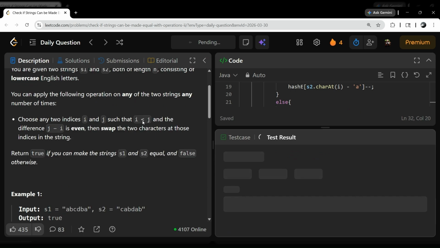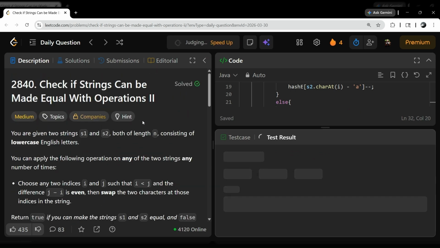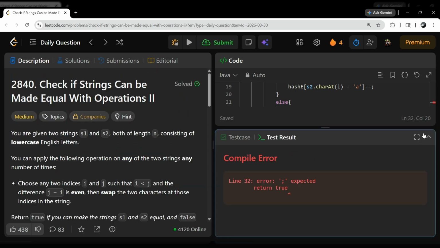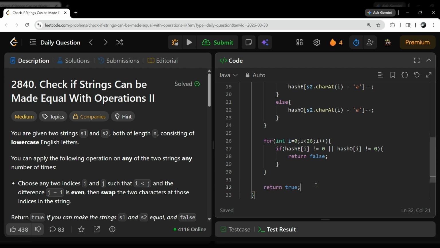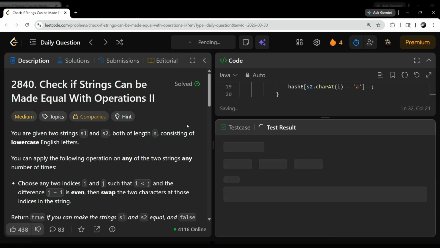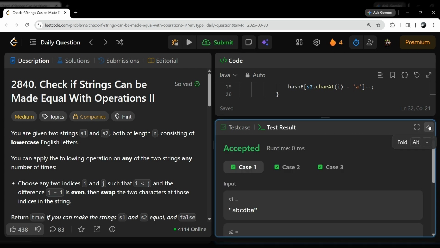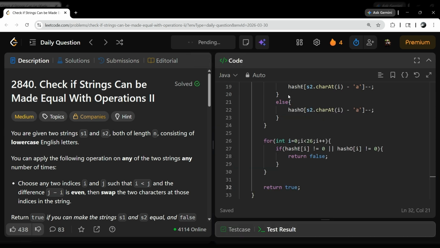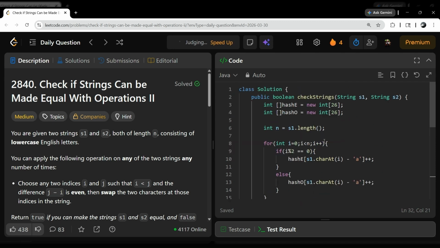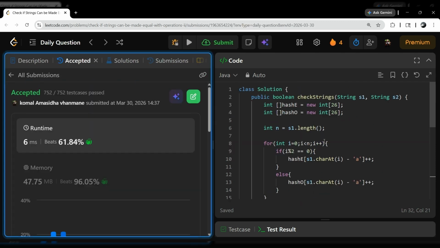Now let's run this. Okay, yeah, semicolon. Yes, accepted. Now let's submit this solution. So there are different ways to solve this question. So in this video